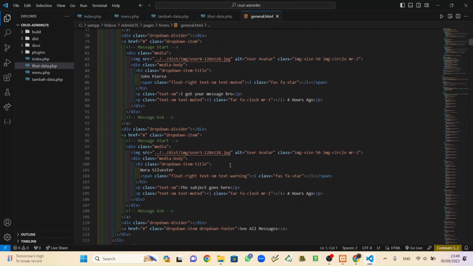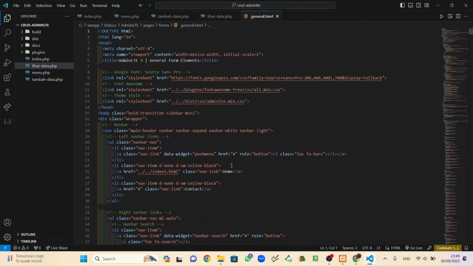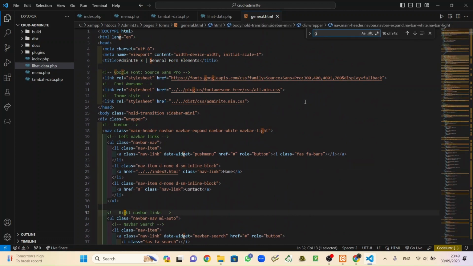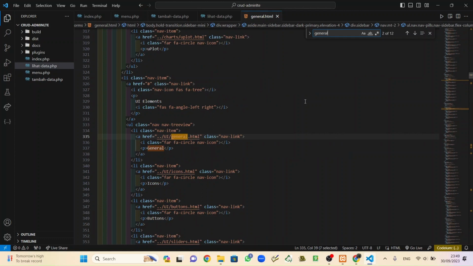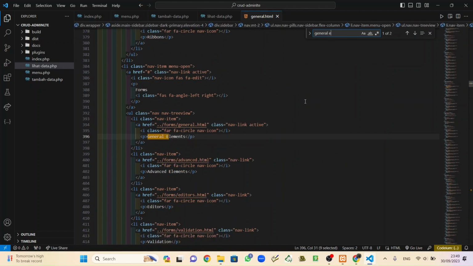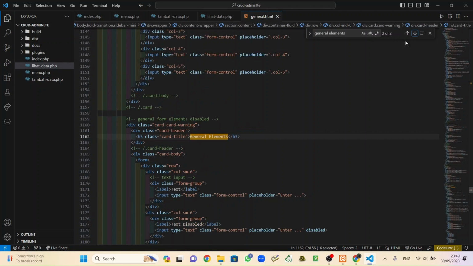Control F, general elements. Okay, so there is here the general elements. Oh, I think that's not. So the second one. Nah, this is the general elements.